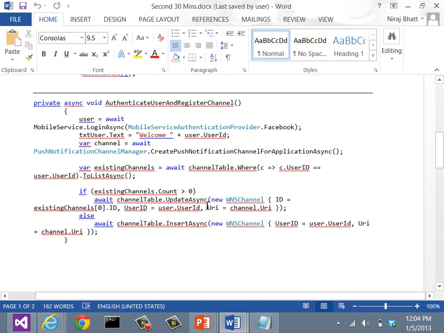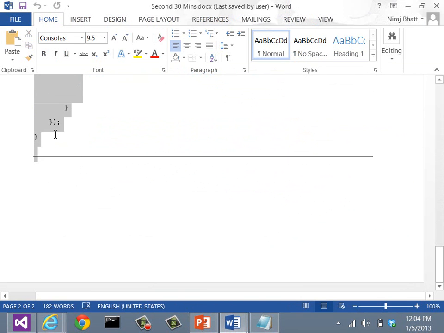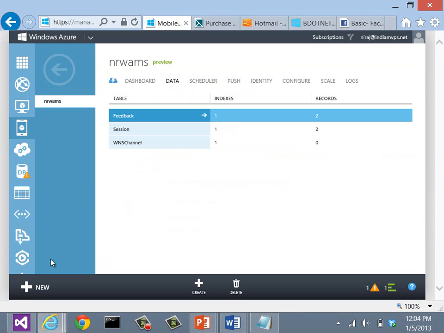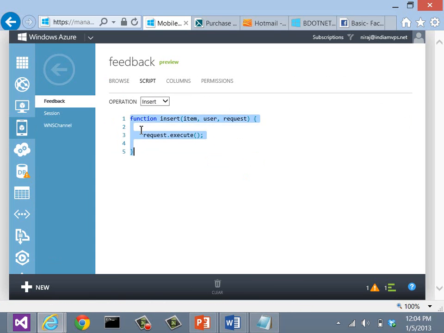Now, one final thing I mentioned, right? How would you send these push notifications? So push notifications are sent from the server to the client, right? So the mobile service is actually going to send a push notification to you. And the notification should come whenever somebody is submitting the feedback. So whenever somebody submits the feedback, I would go and find out which user presented this session, and to that user, I want to take his channel and notify him that here is the feedback for your session submitted by someone. So I go to the feedback, I go to the script, okay,